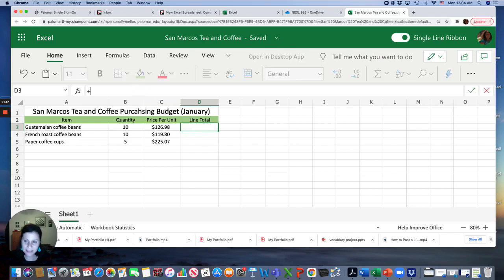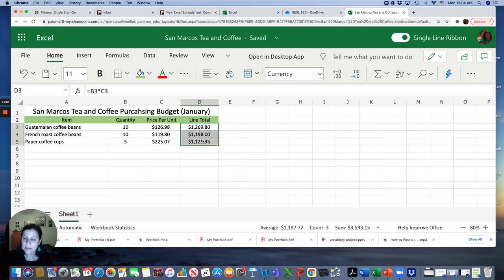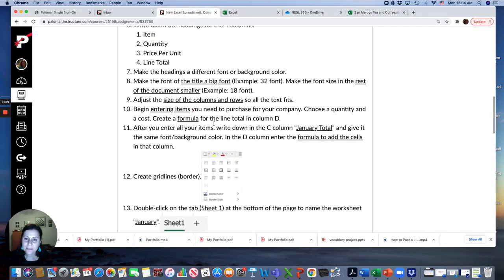Remember, you always need the equal sign. And I'm going to click here and then press the multiplication and then click here and then press enter. And then I'm going to use the fill handle to do the same formula in those cells. So that makes it go fast. Okay. The next step